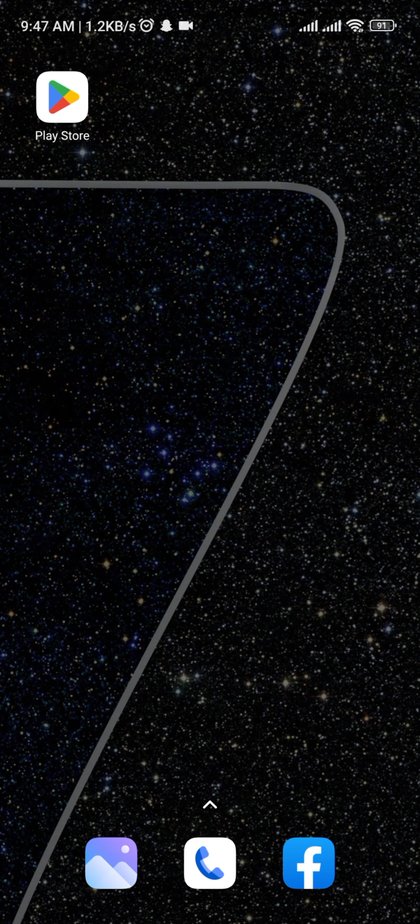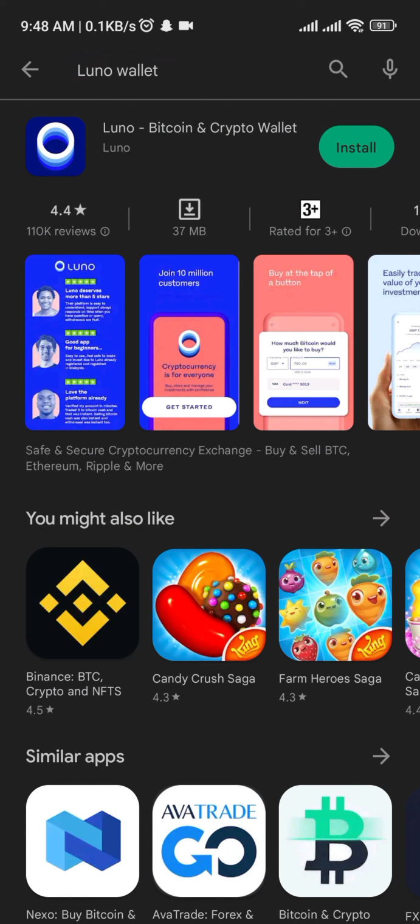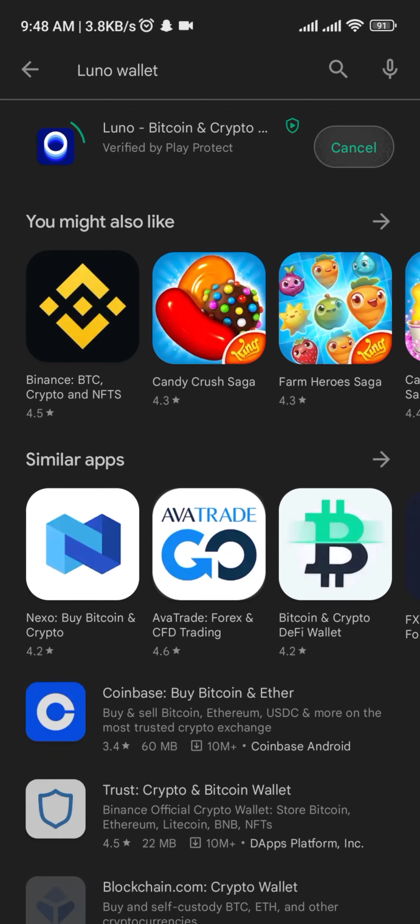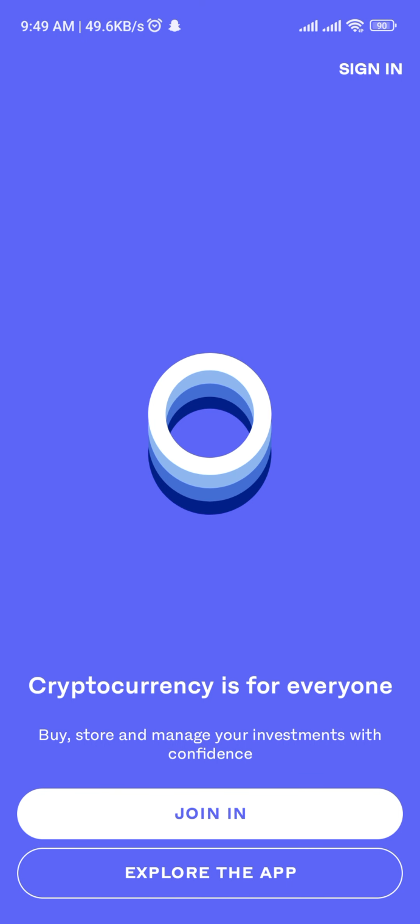Now, let's get started. Firstly, you need to open up your Play Store or App Store on your device and there search for Luno Wallet. And once you found it, tap on the install button, and as soon as you do that, the installation will be started. Now once this app gets downloaded, you will be taken to this type of page where you will be able to see this open button at the bottom of your screen. And if you want to open up the Luno Wallet app, tap on the open button, and there you will be taken into